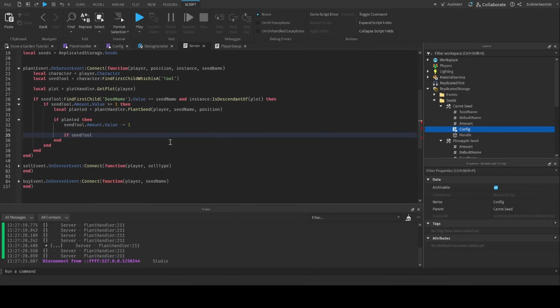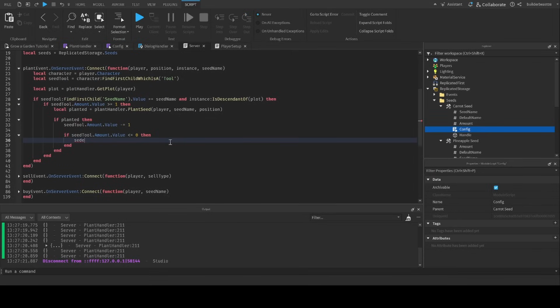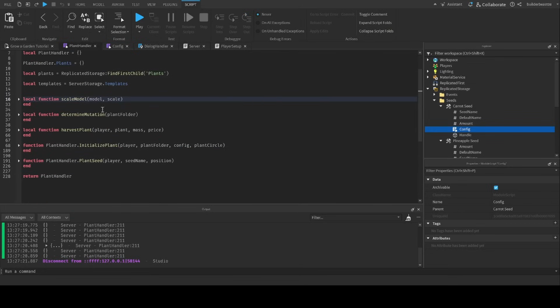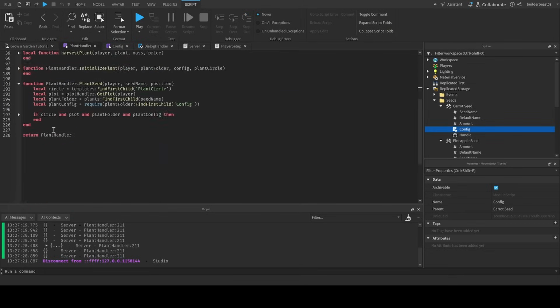If seed tool dot amount dot value is less than or equals 0, it should never be less than 0, but I do that just to be safe. Then seed tool colon destroy. All I need to do is in plant handler and in plant seed function